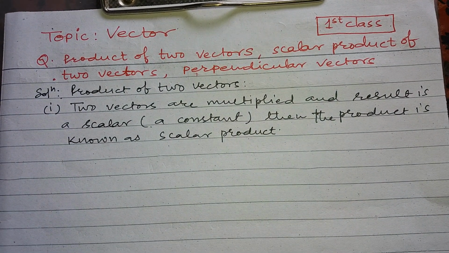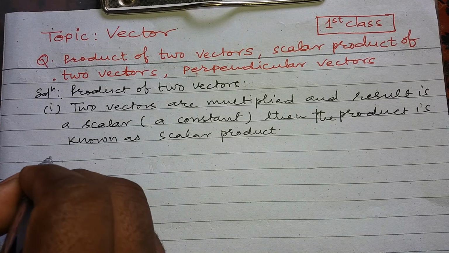Scalar products. Sometimes what happens when we multiply two vectors